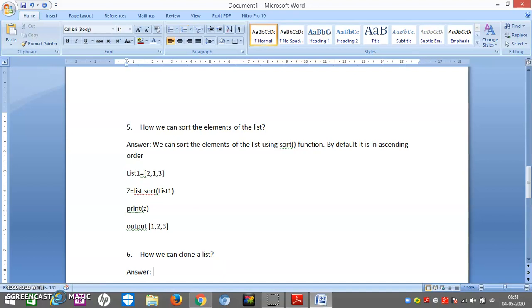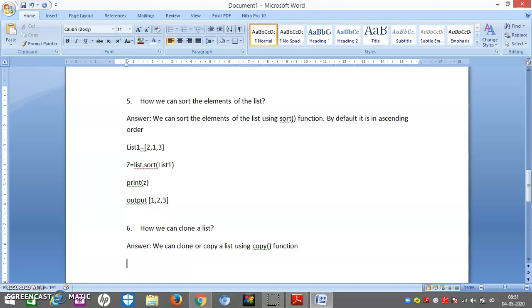Now how do we clone a list? We can clone or copy a list using the copy method or copy function. Simple. How would it work?